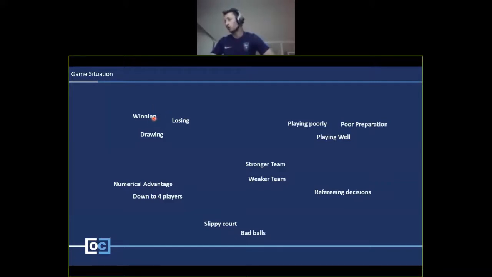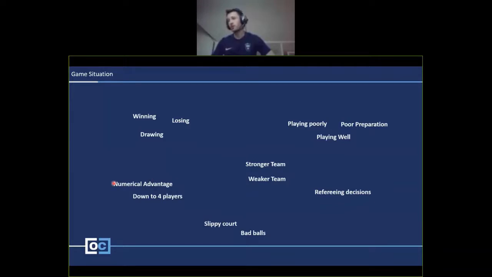If you're winning, you want to be holding the ball. You don't want to be taking too many high-risk manoeuvres like the little fake turn if you're not really sure on it. If you're losing, probably converse. You want to be throwing a bit more to the wind. You want to be trying to get a bit more territory, try and threaten the game a bit more. And drawing again depends on what the draw means to your team, but you want to be trying to be an influence in the game and make sure your team have that pass out of pressure, pass forward, and ultimately be a good option as a pivot.